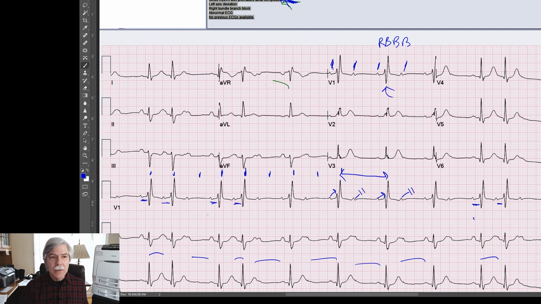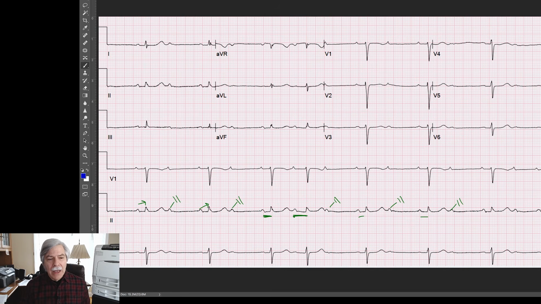ECG is really kind of, this ECG is going to be high grade AV block with periods of type 1. So, like I said, it's the atrial rate that is going to determine how much of the cardiogram is going to be 3-to-2 and how much of it is going to be 2-to-1. I just want you to understand that 2-to-1 doesn't tell you where the level of the block is, and that's the important part.